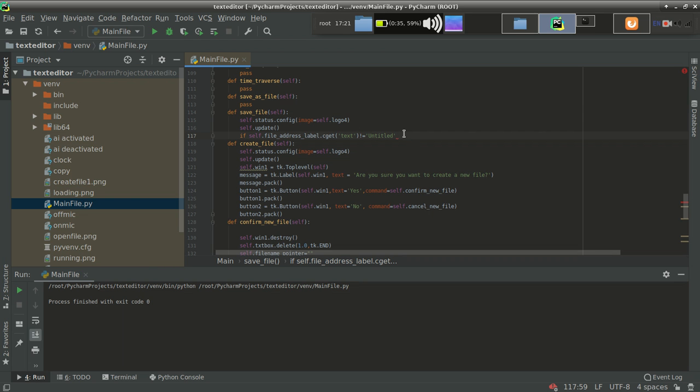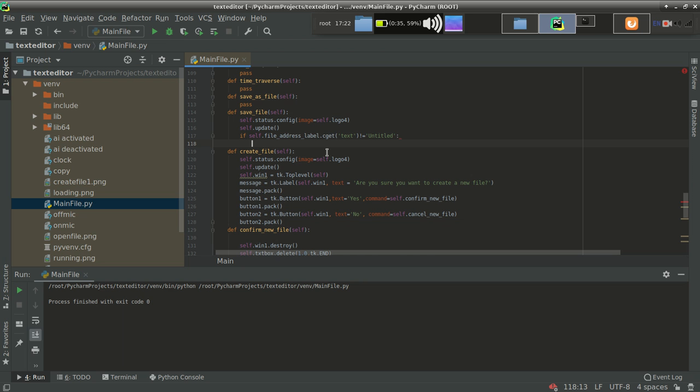If it is not equal to untitled, it means the user is working on a pre-written file, not a fresh copy of a file. So the name of the file should already be written over here. So if this is the situation, we don't have to change the name of that label. We just have to save the content of the file only. But if it was a fresh copy, then in that case I have to save the file also, and I have to change the name over here, untitled. So that's great. Move on to the next line.